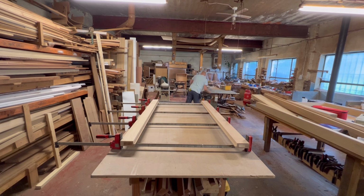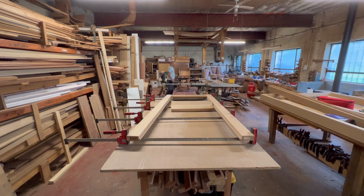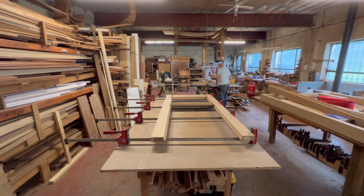So now cutting the rails to length. These will be cut on one side, and then I'll set a stop on the sliding table on the saw so that each one is exactly the same length. So that's the bottom and mid rail cut to length. Cut the top rail, and then these will be